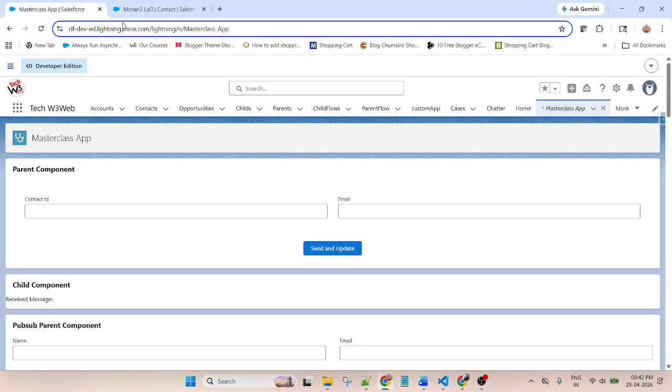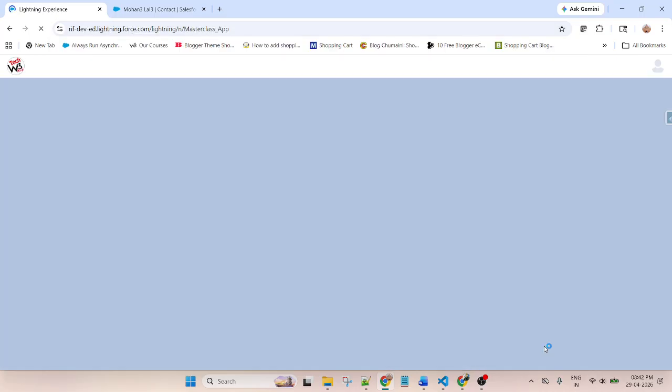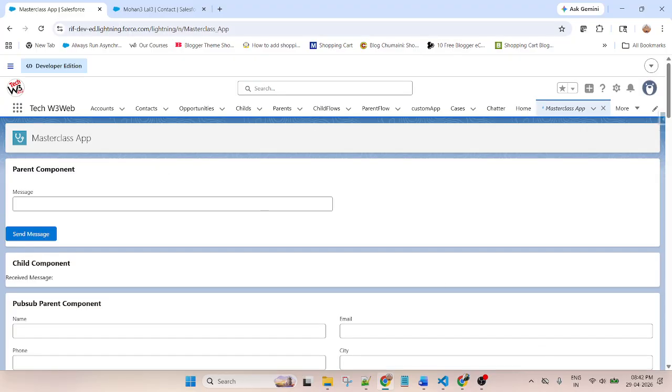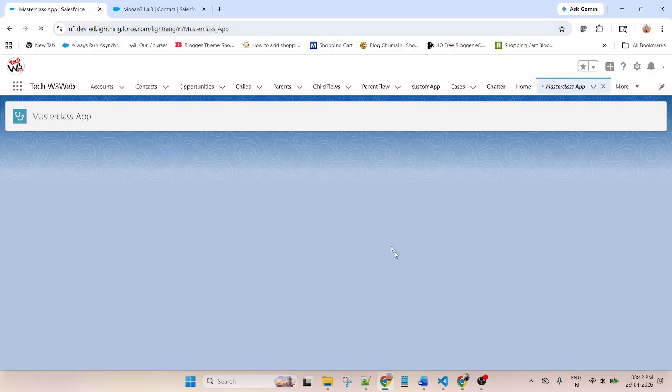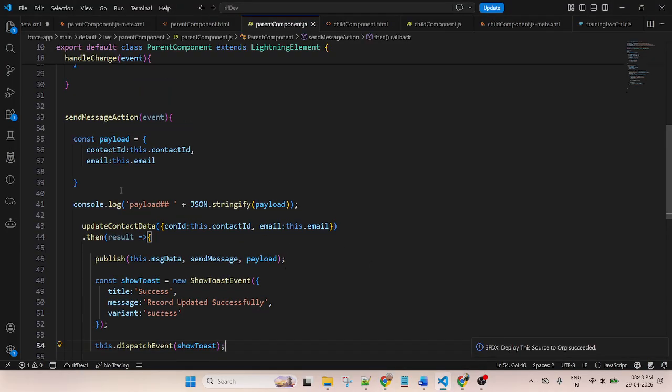Well, let me refresh to see whether any kind of error occurs or not. Let me check the data, because here I am using console.log. This is a payload, where I am sending data from parent to child.